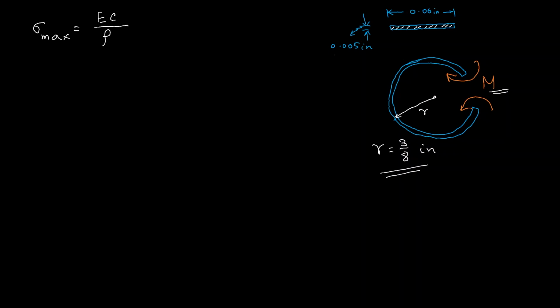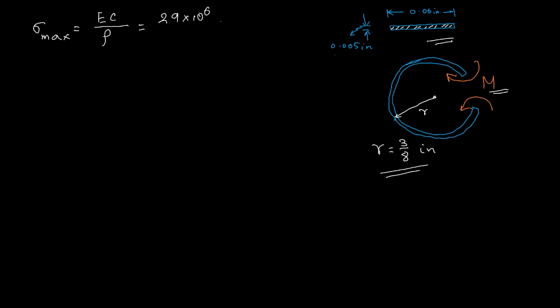Okay, and this being a rectangular cross section, the neutral axis is exactly at the center, and the maximum fiber will be just half of this distance from the neutral axis. So we have 29 into 10 raised to 6